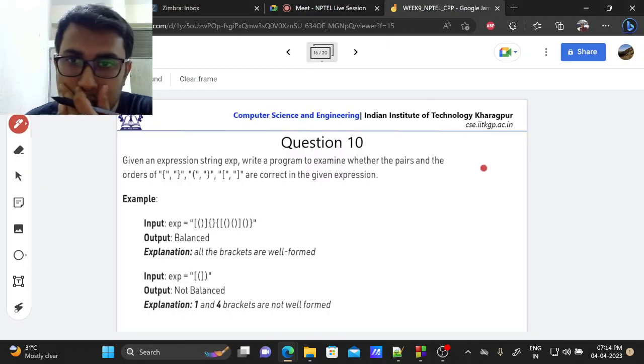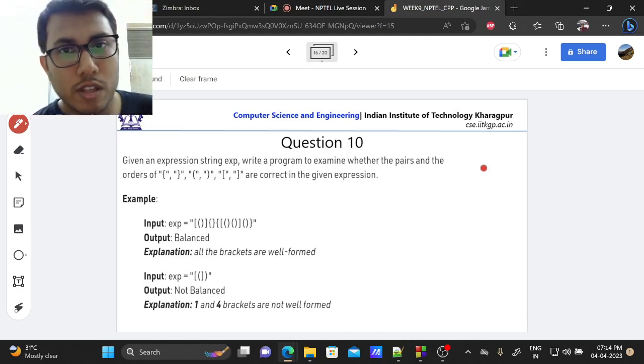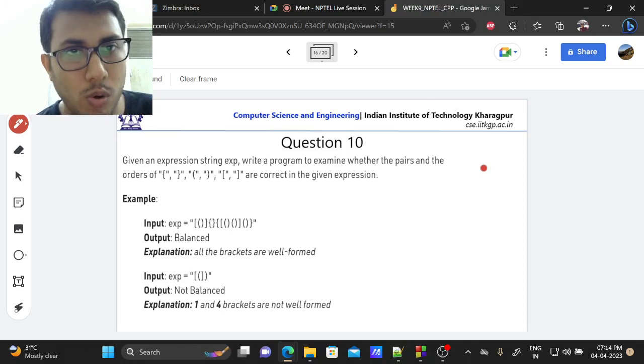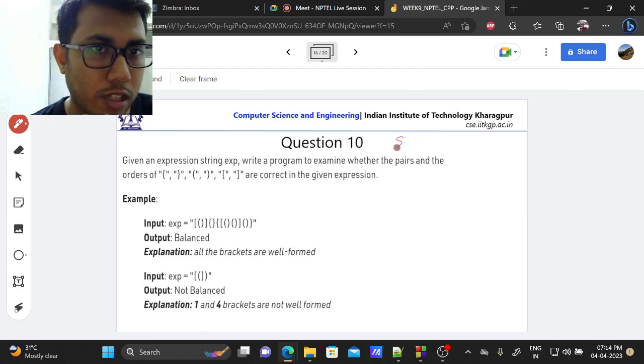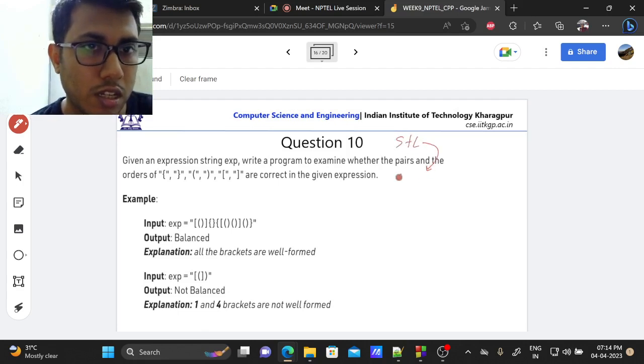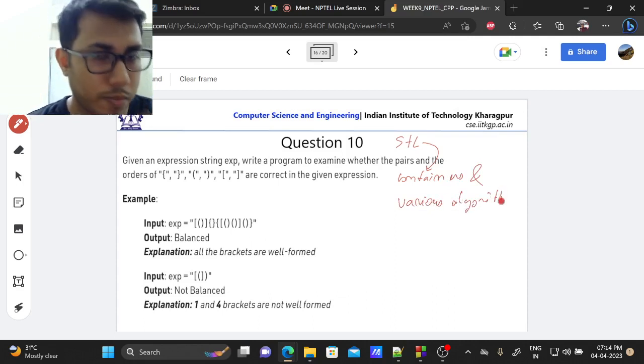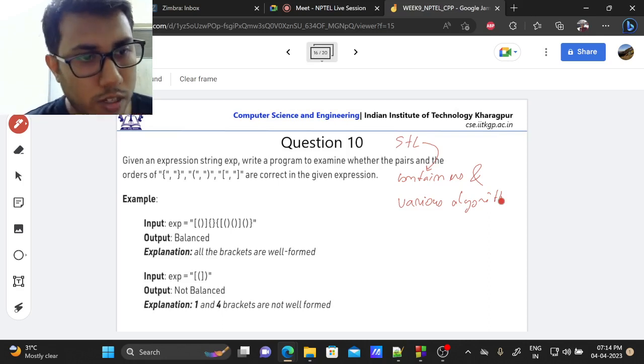Okay, so now we will discuss some programming questions so that you can learn how to apply STL in real world problems. Up till now you have learned about different STL containers and various algorithms. I have designed four programs that will give you some flavor of how,